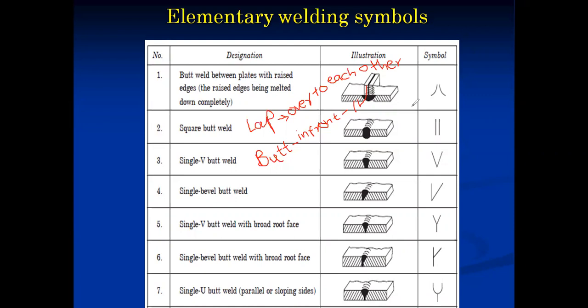In lap welding, two components, two plates are kept over to each other. एकमेकांवरती ठेवल्या जातात. And in case of butt welding, two plates, two components are kept in front of each other. समोरासमोर ठेवले जातात. This difference you should know because it is very important as far as lap and butt. These two words you have to remember hereafter. Many times it will come in our syllabus, in our day-to-day life also. Lap and butt.